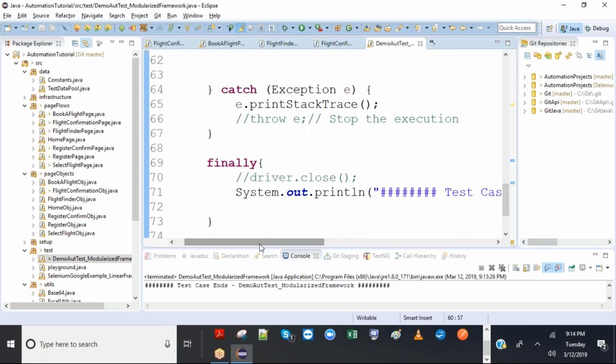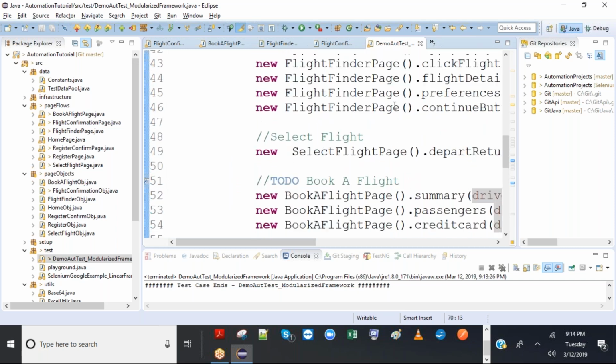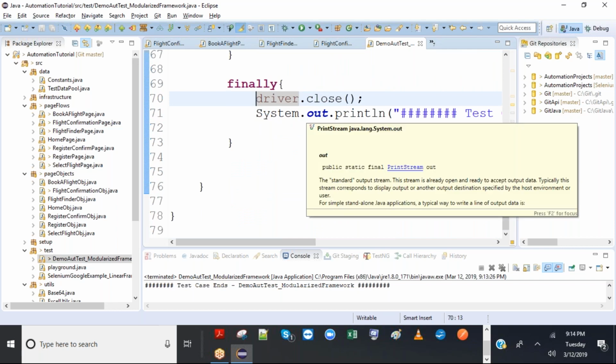In the finally method, I commented driver.close. If you uncomment it, it will close the browser too. If you want to use TestNG, which I will show you later, whatever we put in this finally block, we can put in @AfterClass. There are annotations in TestNG.